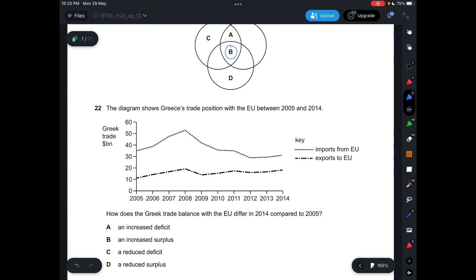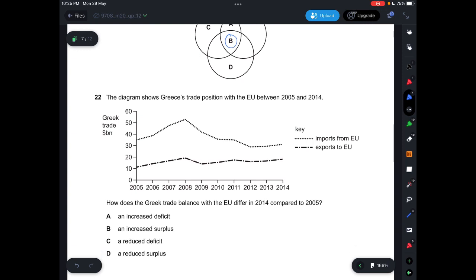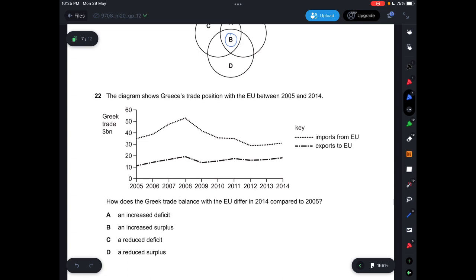22, the diagram shows Greece's trade position with the EU between 2005 and 2014, and how does the Greek trade balance with the EU differ in 2014 compared to 2005? So you can see that in 2005, the imports from the EU is about $35 billion, and then exports is about $11 billion. And then in 2014, you can see that it's roughly about $30 billion, and then probably around $20 billion. So there is a